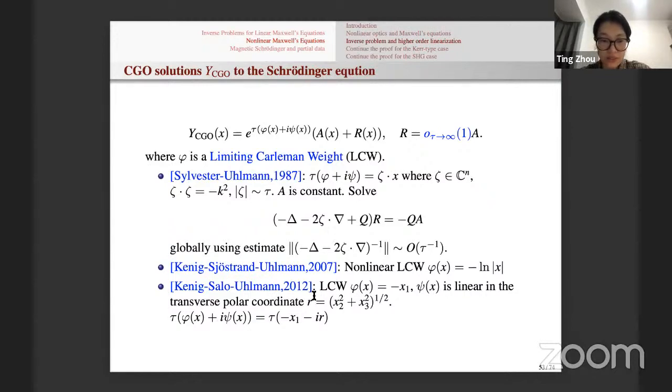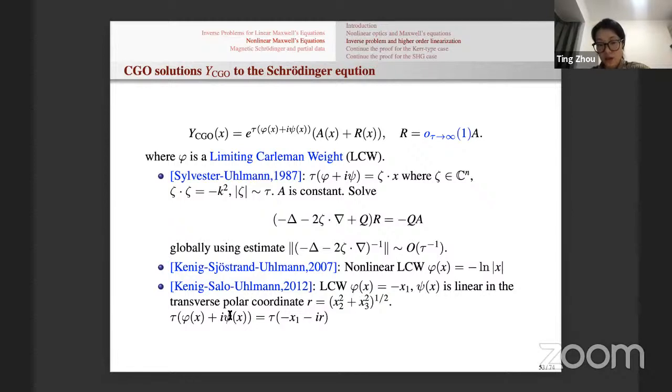the sort of partial data results, where you actually can construct the CGO solution for the Schrodinger equation using the Carleman estimate. Okay. And the first one is the original paper by Sylvester and Uhlmann in 1987, where you use the linear phase, and you can construct the CGO solution. And I guess in the next 2 papers, they use the nonlinear limiting Carleman weight to derive Carleman estimates with a nonlinear phase here. So one is using phi of x being minus natural log of x, and the other is